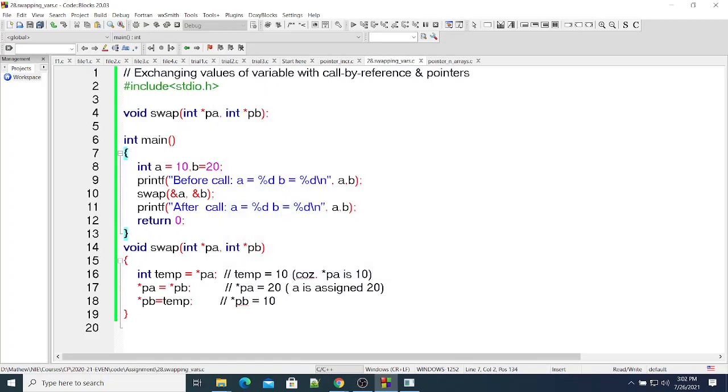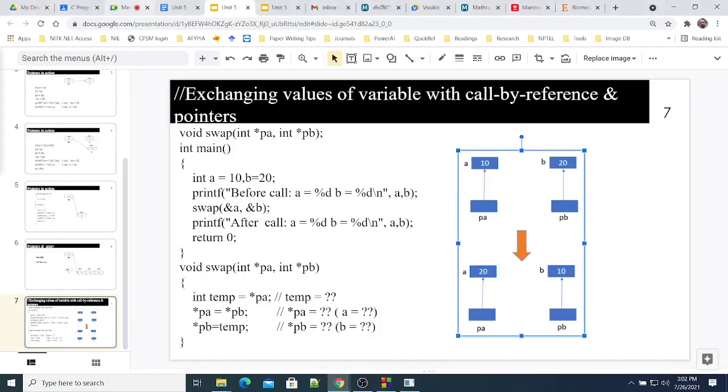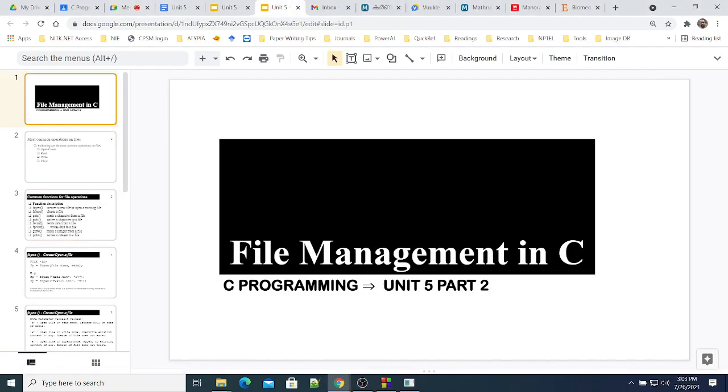Okay, so any question, doubts regarding the pointers topic? Okay, if not, we will take up the next topic, that is file management in C, and this is the last topic of your syllabus, as well as the fifth unit. So in file management,